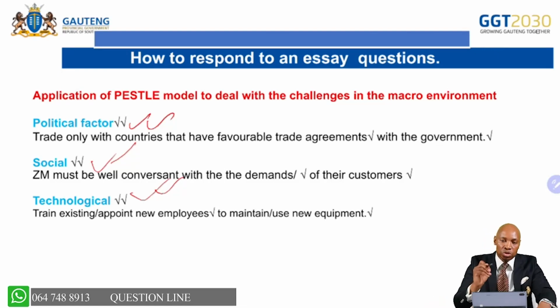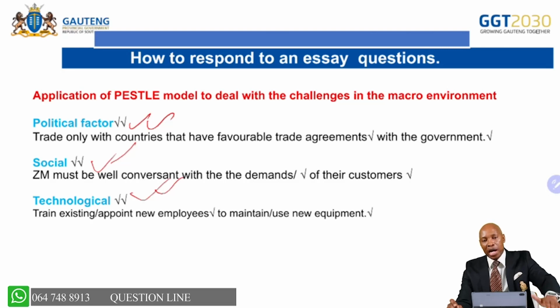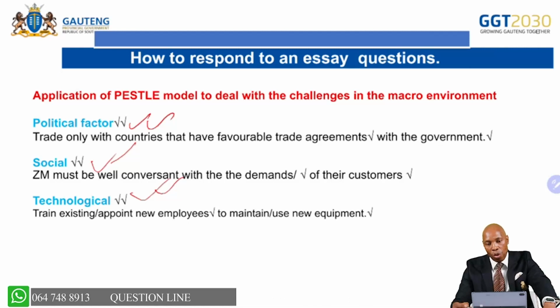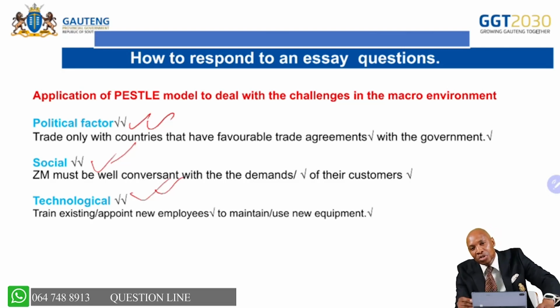But then what I want you to do is, I want you to prepare yourself in such a way that when they require you to give these factors, you are able to give them. When you are given the factors, you are also able to tell how they pose a challenge to a business and be able also to make a recommendation. If I may ask you, by the way, how do you recommend? You recommend based on the challenge.